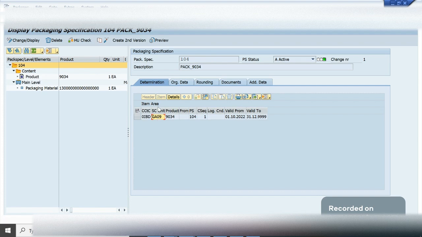Correct? So again, the same supply chain unit GA09. This is my pack spec number 104. So let's have